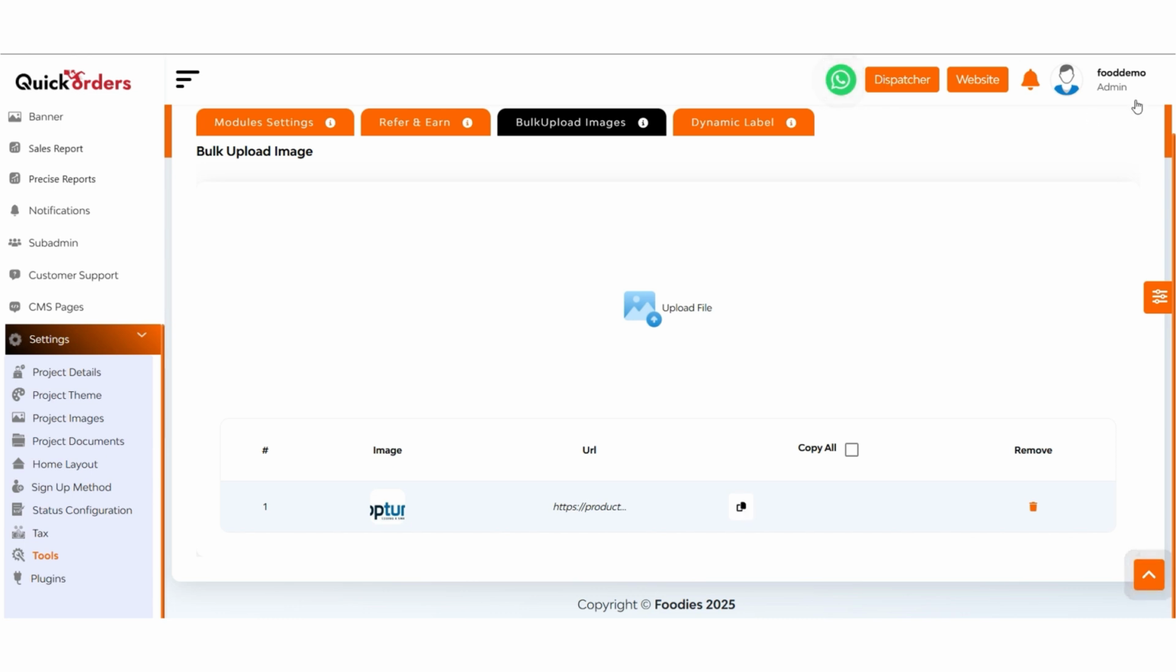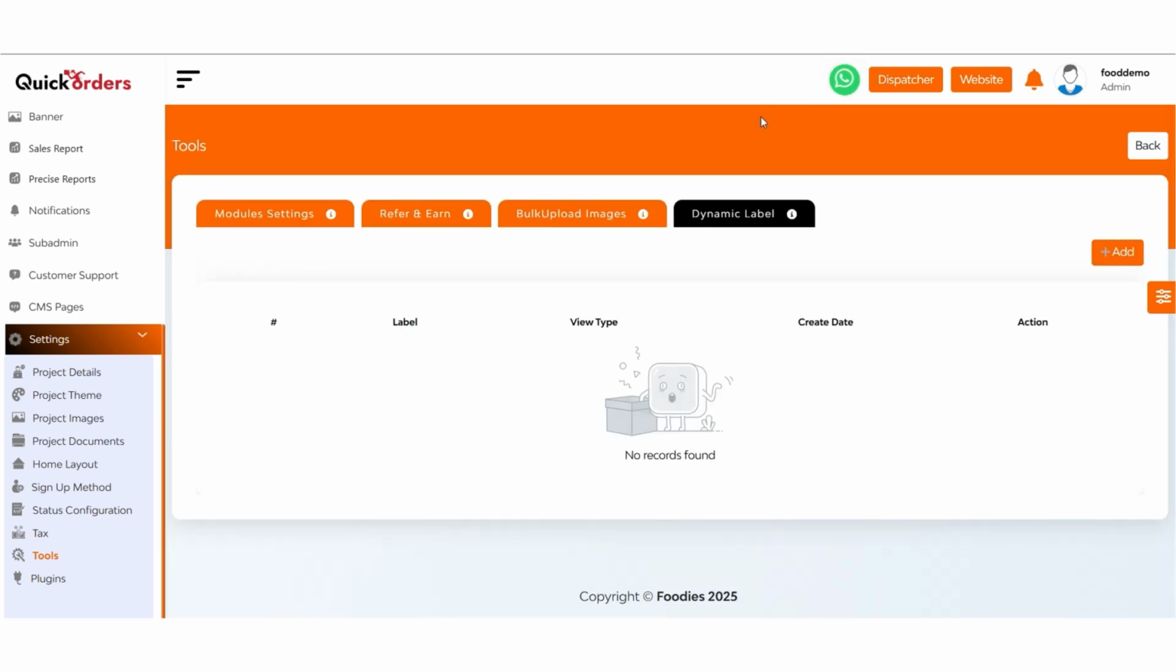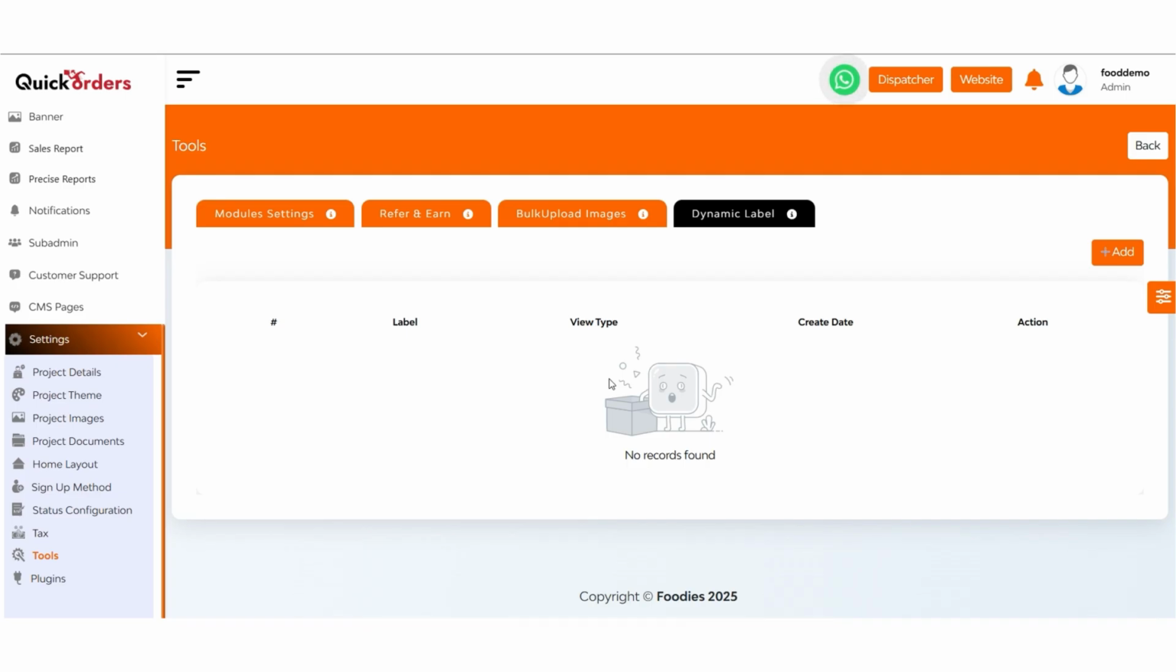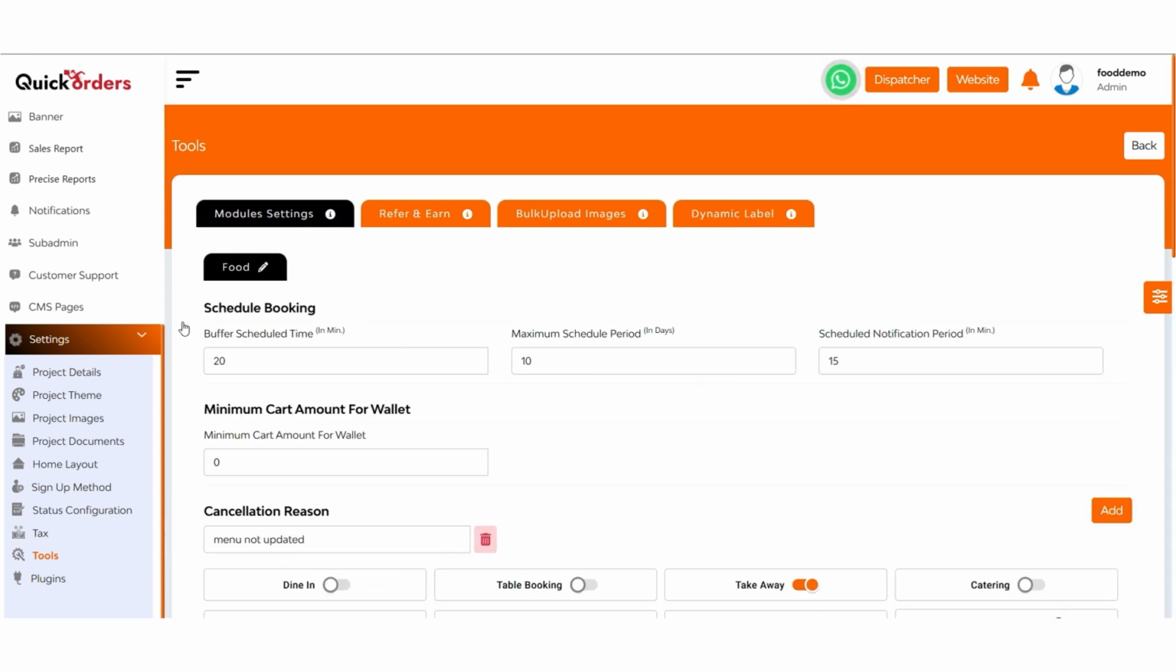And then next we have the dynamic labels. Currently there are none. Otherwise, you can add a new dynamic label and just enter that particular name, enter the URL, and choose whether it should be for the application, website, or merchant, where the label should be visible. Similarly, all those dynamic labels will be configured from the admin end. This was all about the Tools section of the admin, where they are able to monitor a few of the settings, and now